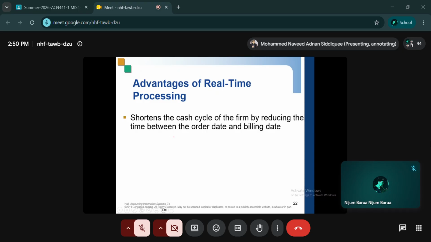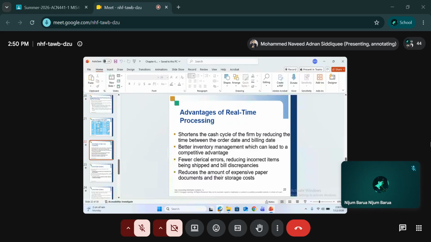Okay, so now what we do is we will talk about the benefits of the real-time system from the perspective of the revenue cycle. We have discussed the benefits of real-time systems generally in the previous chapters. Now we will discuss the benefits from the point of view of the revenue cycle, right? So the discussion will focus on the revenue cycle: what are the benefits of using real-time processing for the revenue cycle. But before we do that,